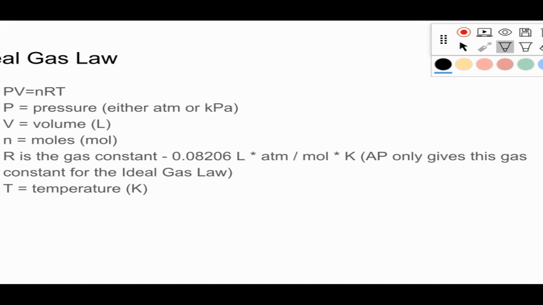So this is the equation for the ideal gas law: PV = nRT, and P is pressure. It really doesn't matter what your pressure unit is, but we are going to leave it only in atm. We're going to convert all of our pressure units to atm because AP's reference sheet only gives us the gas constant using atm. There are other gas constants that use other units like kPa and millimeters of mercury, but AP only gives us this one. So we're going to get comfortable with just using this one.